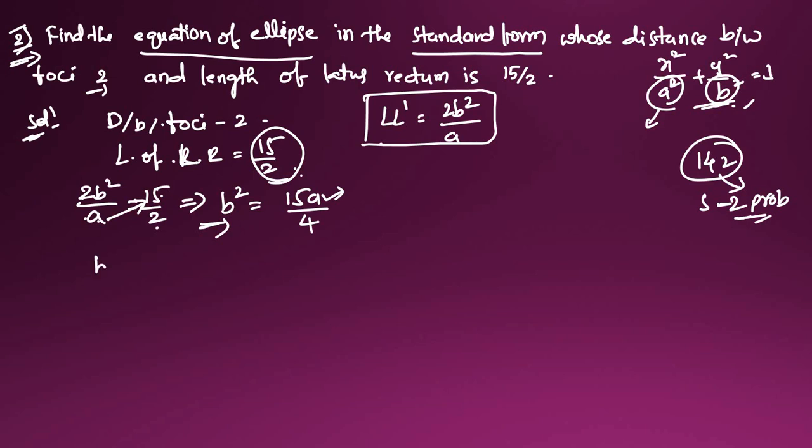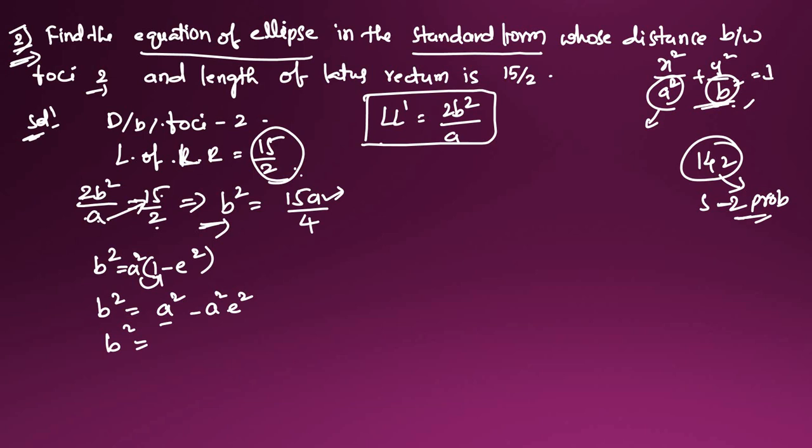So here b square is equal to, actually, what we can take is b square is equal to a square into 1 minus e square. From this, b square is equal to a square multiplying here, and a square minus a square e square will also come. So b square is equal to a square, where a we don't know, but ae we know.